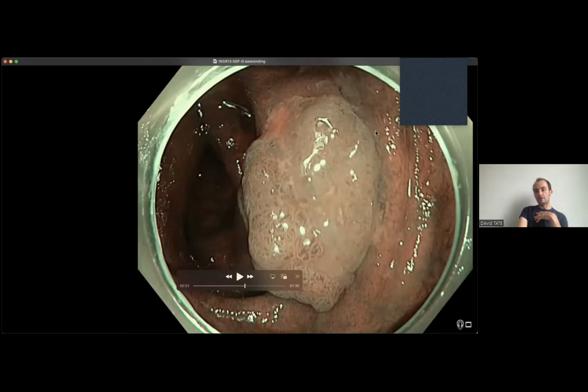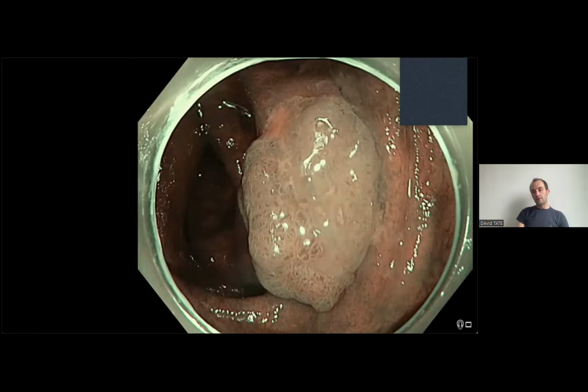And this is something that you sometimes see. They're dysplastic sessile serrated polyps. They are high risk for cancer. And they contain that nice demarcation between serrated polyp on the right and standard polyp on the left.